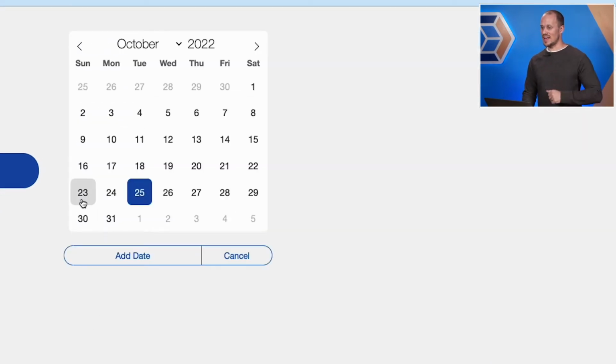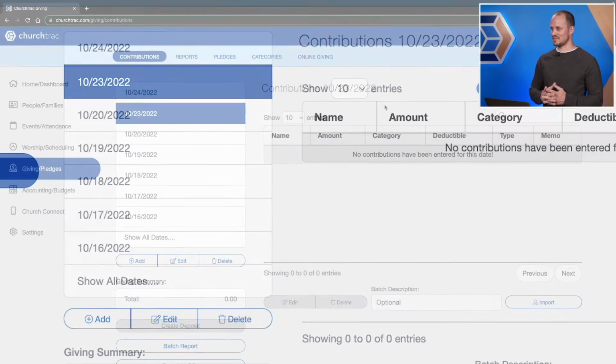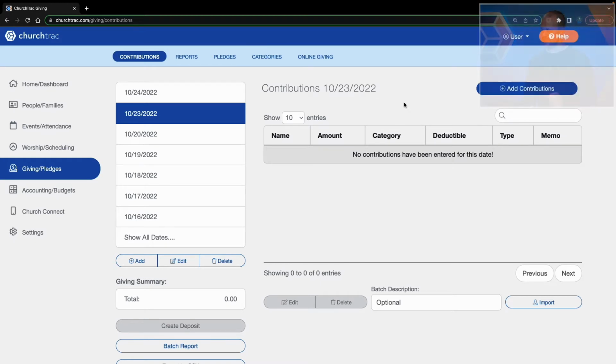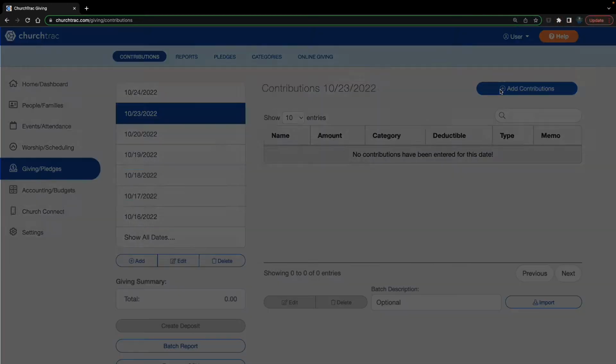bottom, and then I have to select a date that somebody donated to my organization. I'm going to select last Sunday, and then click Add Date. And right away I can start adding contributions by clicking the Add Contributions button in the top right corner of